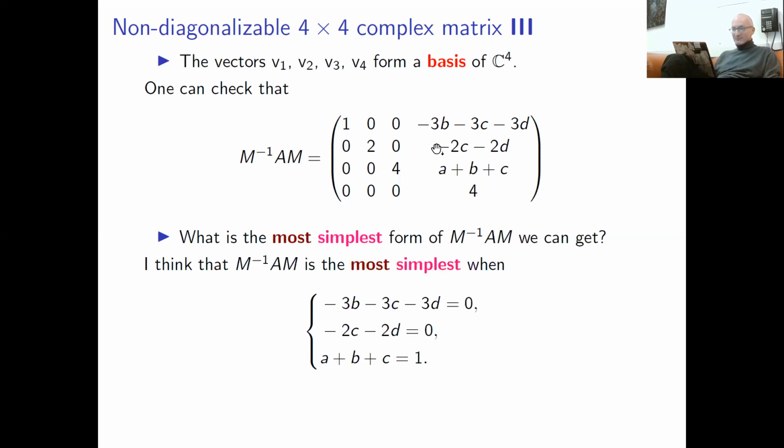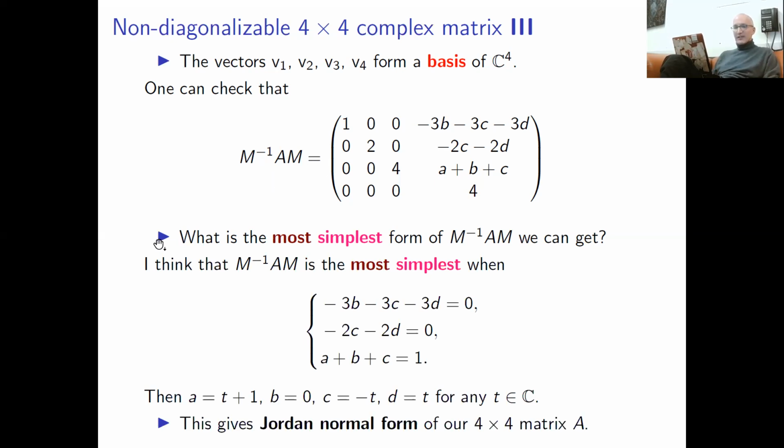It's not hard. It's just 4 unknowns, a, b, c, d, and 3 equations. We're not sure a priori that we're going to have a solution because it's not a homogeneous equation, but we do have solutions. And we actually have infinitely many solutions. We know from general results mentioned in the previous lecture that in this case, either we have no solutions or we have infinitely many, because we have 4 variables and just 3 equations. We take one solution, and you get a matrix like this, but here you have 0, 0, 1.